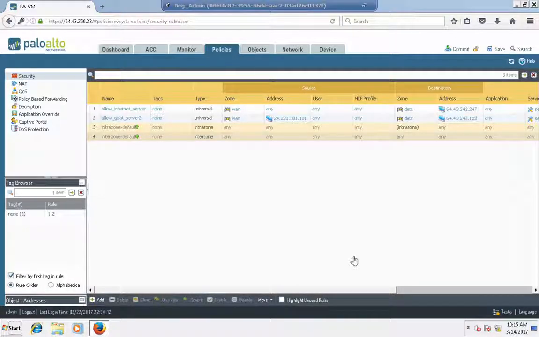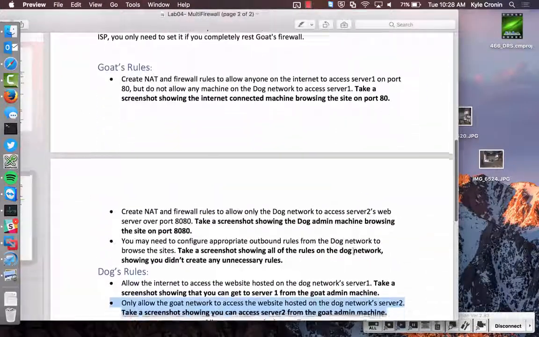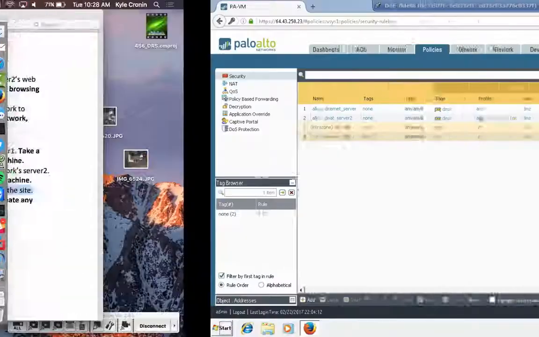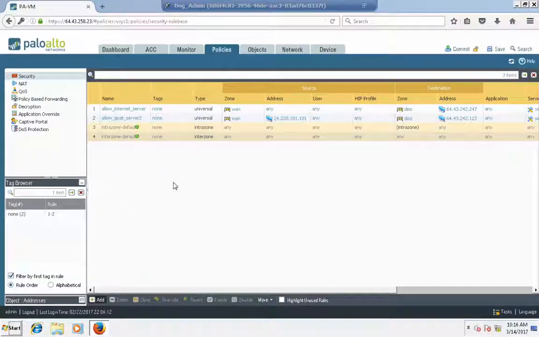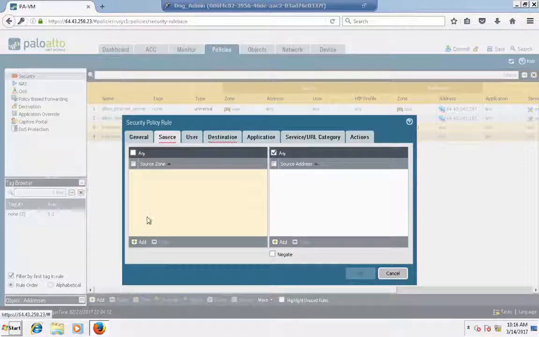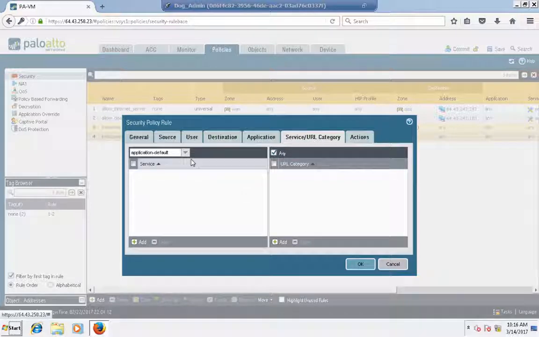Is there anything else we need to do on the dog network? We need to make an outbound rule to allow the dog to get to GOAT, allow LAN to the internet. So here our source will be the LAN network. Our destination will be the WAN. Here we want to pick any